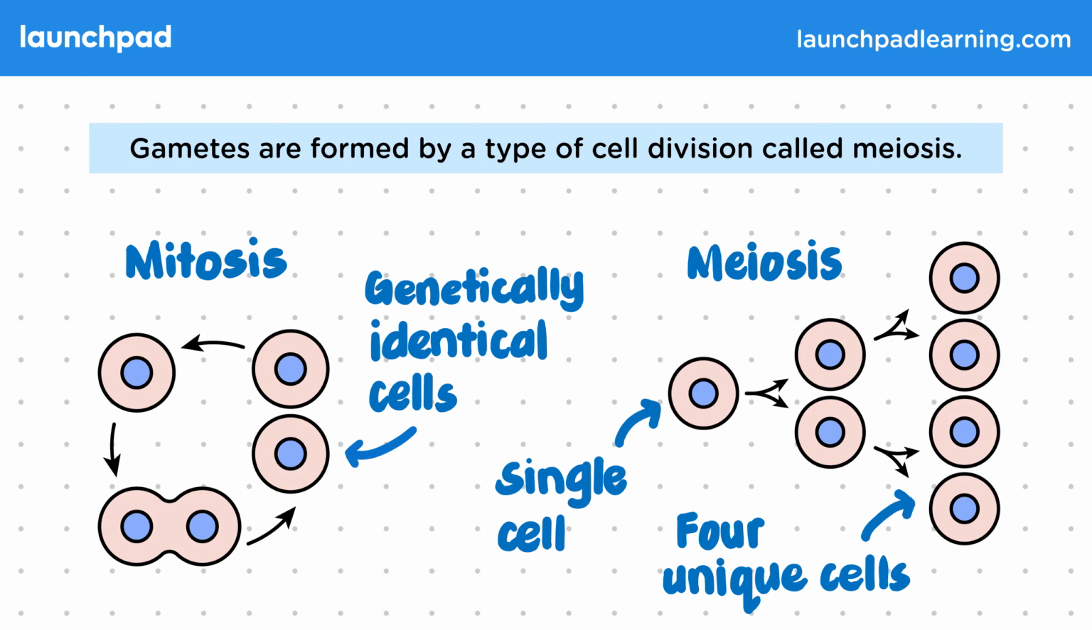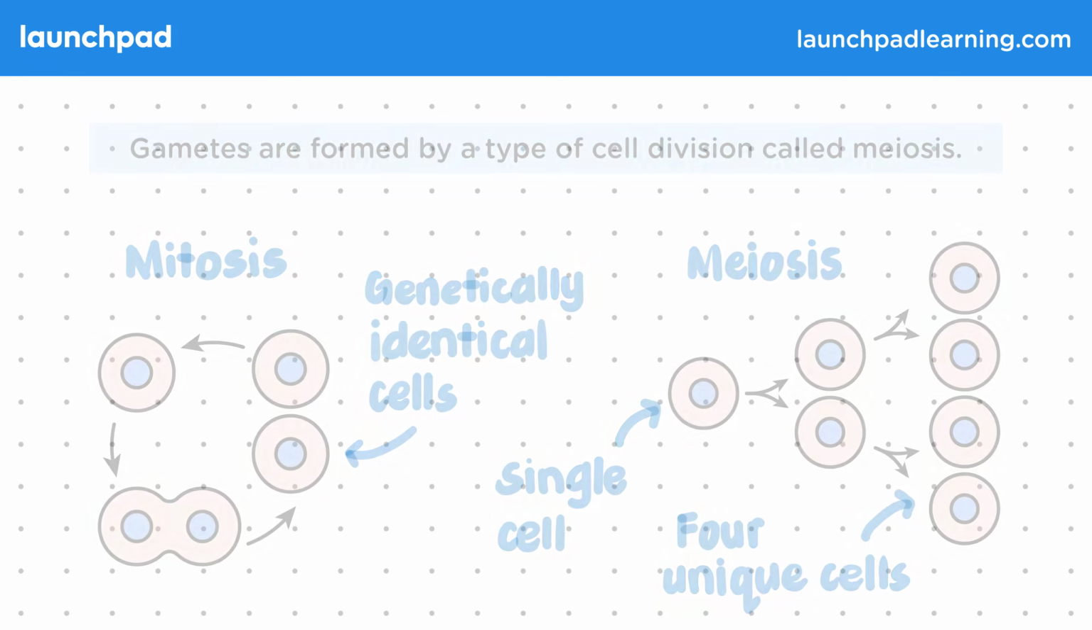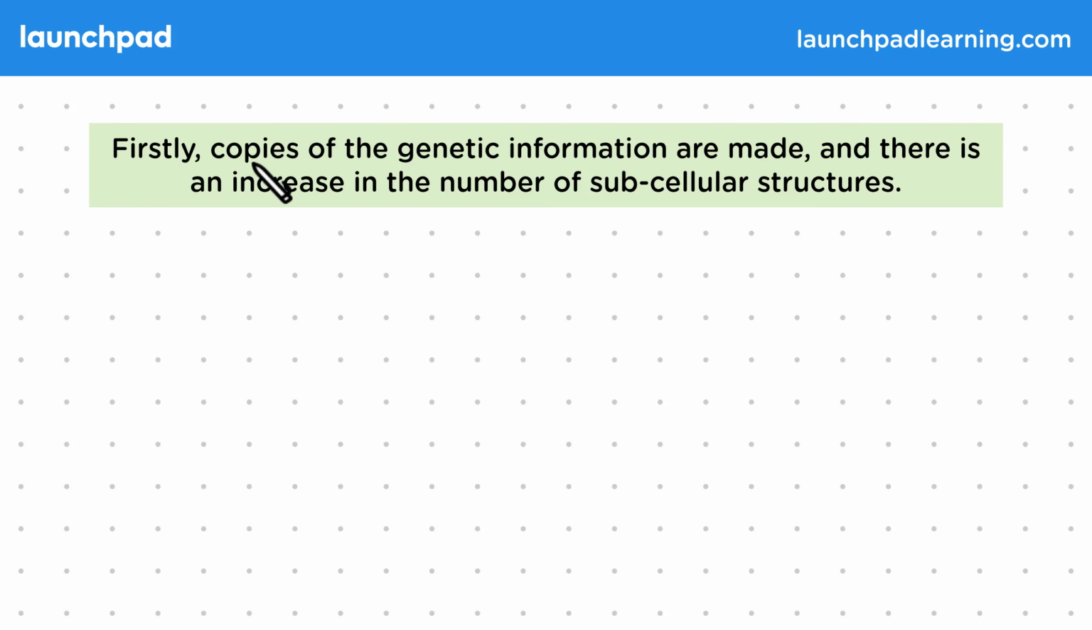So what happens during this process of meiosis? Firstly, copies of the genetic information are made, and there is an increase in the number of subcellular structures. So this first step is the same as in mitosis. In both cases, the DNA is duplicated, and there's an increase in the number of subcellular structures like mitochondria and